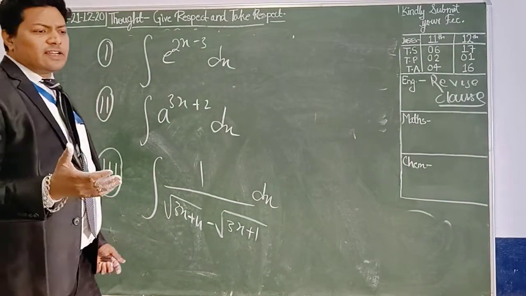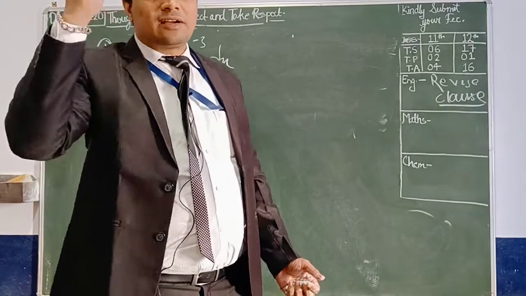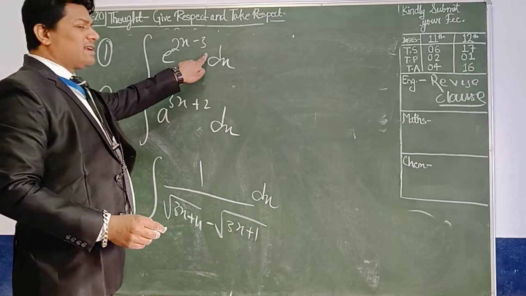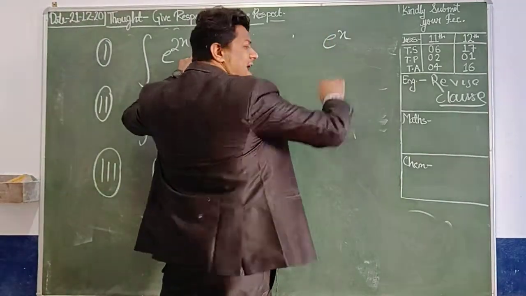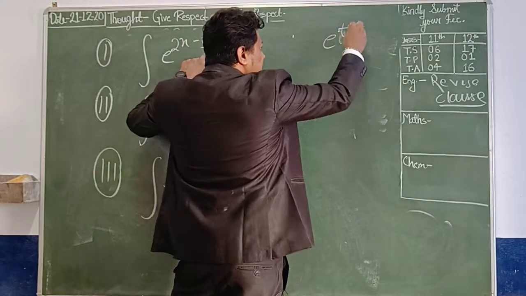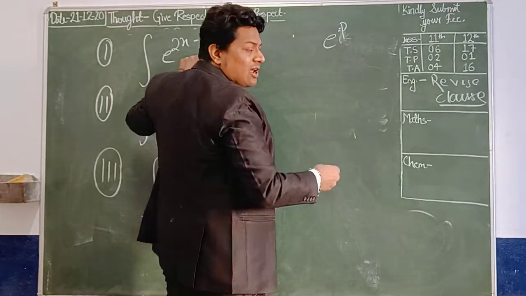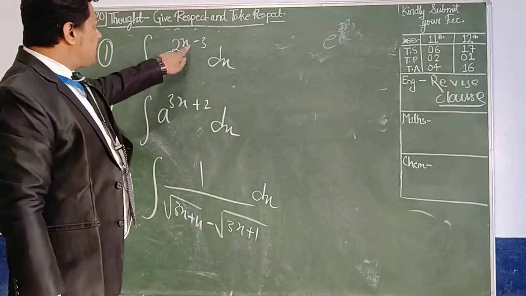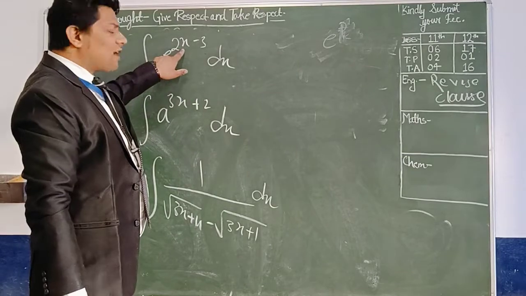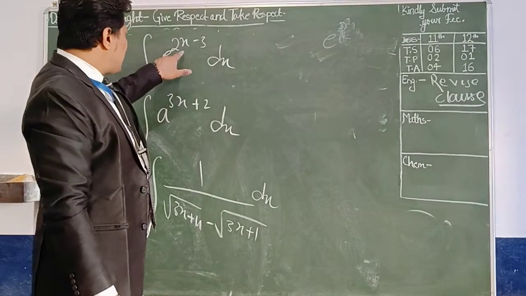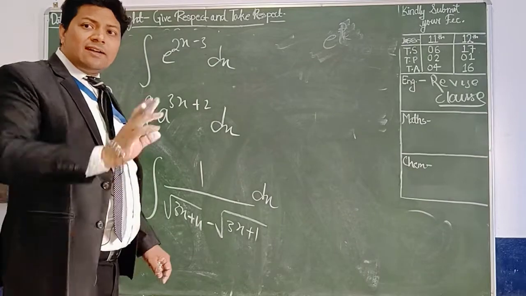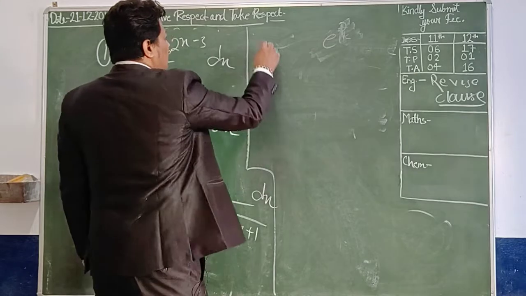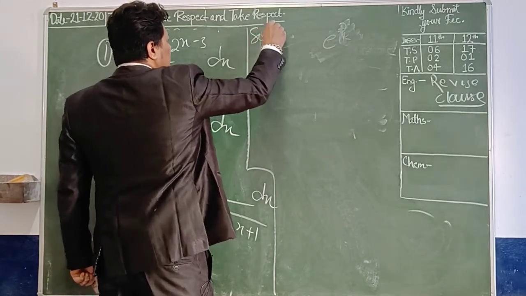Whenever you are solving an integration, first you need to make it in a proper manner so that it will be in the actual form. Here we have e power 2x minus 3. We have the actual form of e power x, or you can say e power t or e power p. Is it clear? Whatever is here, that is needed. If there is an x, here x is needed. If here you are getting t, here t is needed. If you are getting p, here p is needed. Then it will be integrable. Otherwise, no integration will take place. Is it clear?